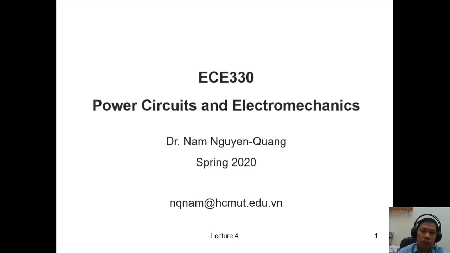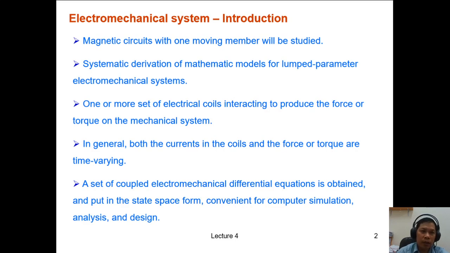Hello everyone, welcome back to lecture 4 in power circuit and electromechanics. So in this lecture, we'll be studying the electromechanical system. We'll be looking at magnetic circuit with just one moving member, and we will derive the mathematical model of